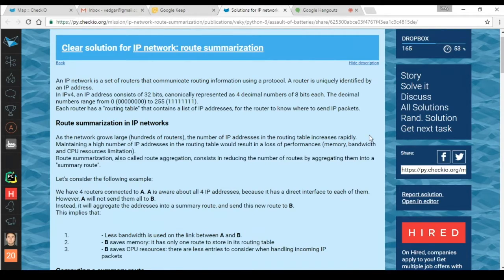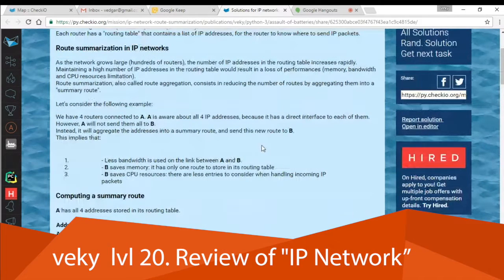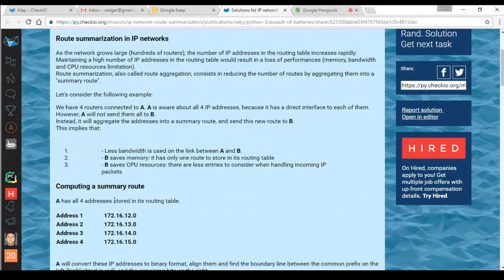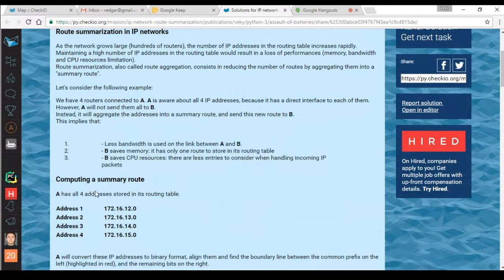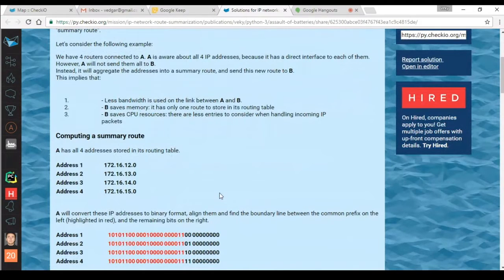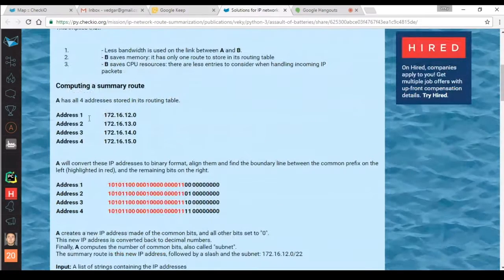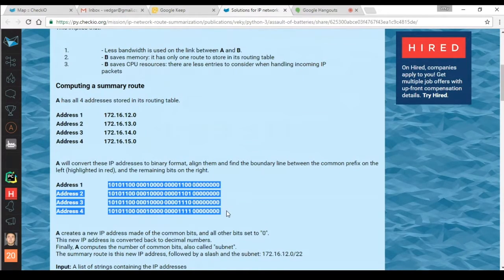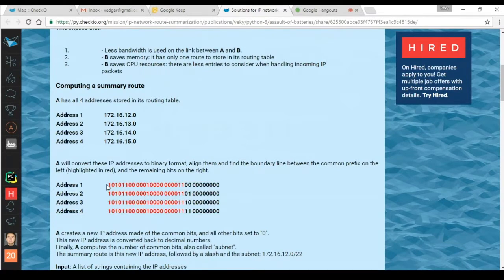It kind of summarizes IP networks. If you have a lot of addresses which all belong to one network, and you are trying to find the smallest network that contains them all. So, for example, if you have those four addresses, when you write them in binary, you're actually trying to find the longest common prefix of all of them, which is here in red,